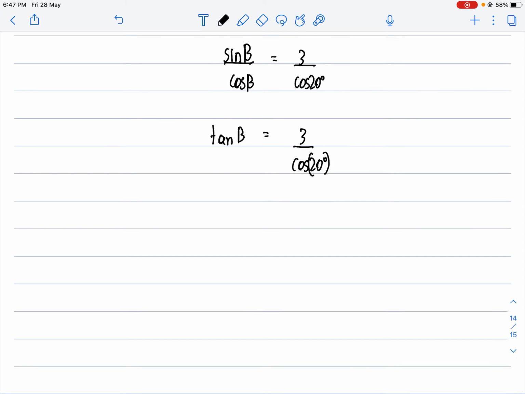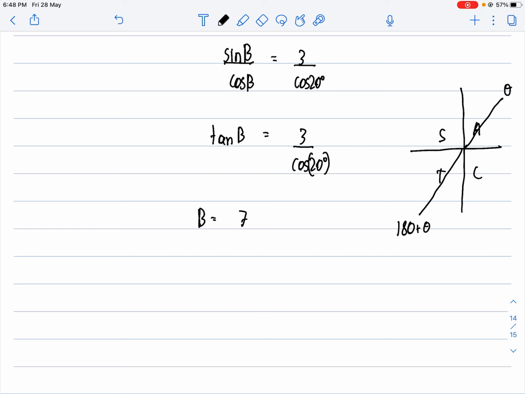Now I need tan to be positive. So tan is positive in your ASTC, in the first quadrant and the third quadrant. So I have theta for this and 180 plus theta for this. So I simply do tan inverse of 3 over cos 20 degrees. When I solve this on the calci, I get my answer 72.607, comma 180 plus theta is simply 180 plus 72.607, which gives you